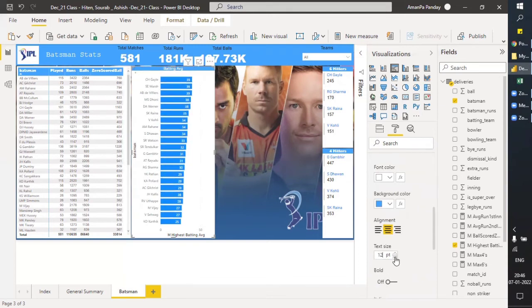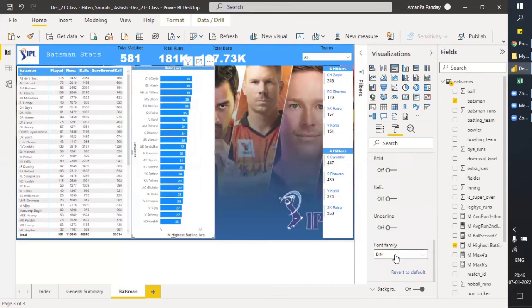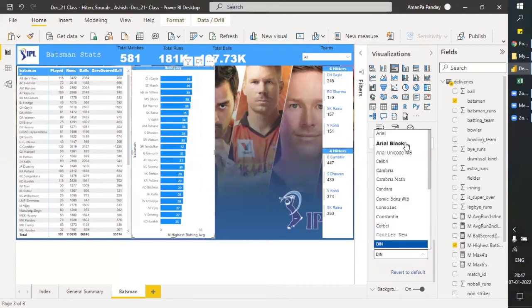I believe 10 is the header. We had kept header as 10, right? The font should be Arial Black.